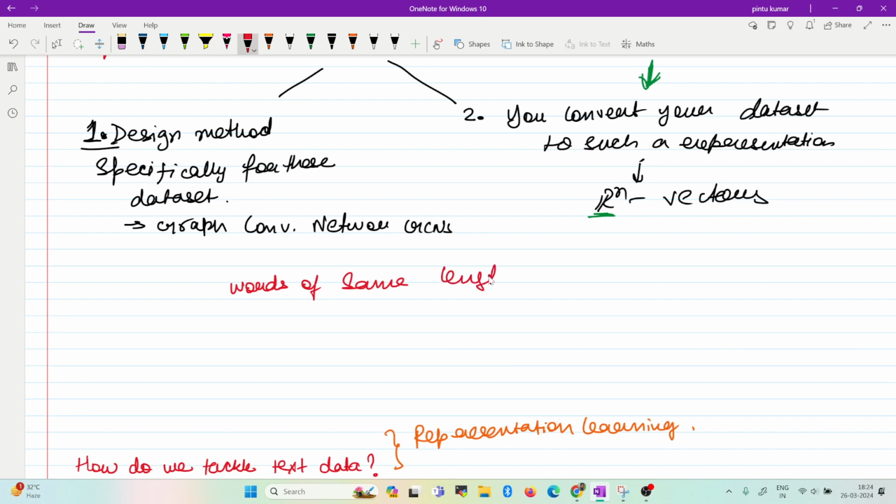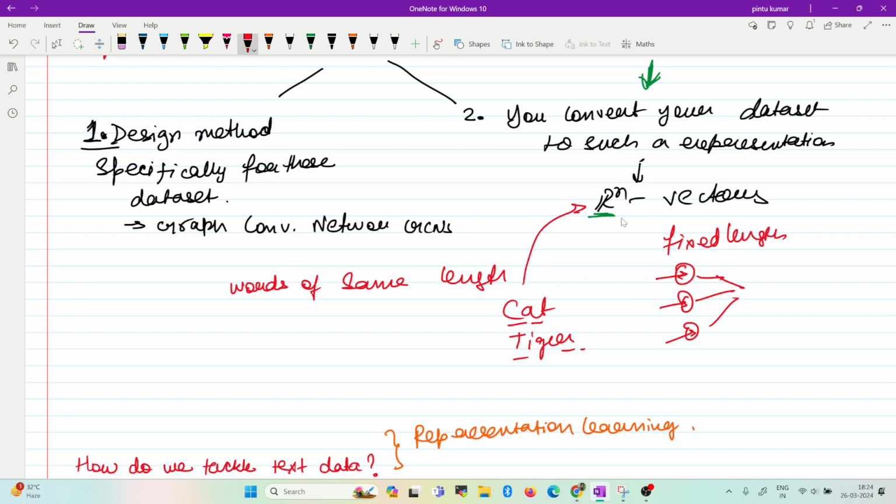Okay, so you can have cat and you can have tiger. The length varies in both of them. If you can recall, when we had neural networks, we had an input layer of fixed length. Right now we don't know any method where the input dimension can be varying. So we want a fixed dimension for all the inputs. That is another reason why we want to convert it to some Rn vector, where n is some fixed